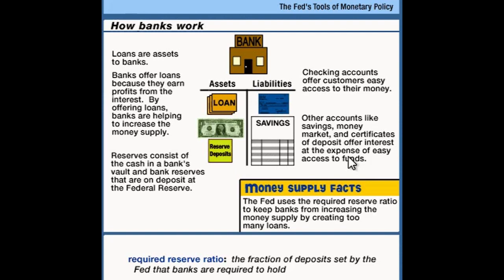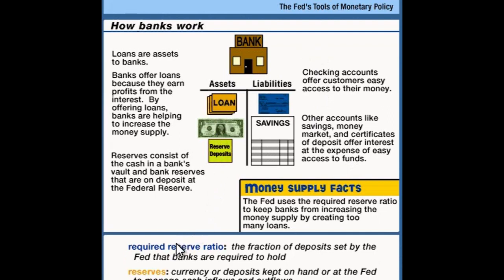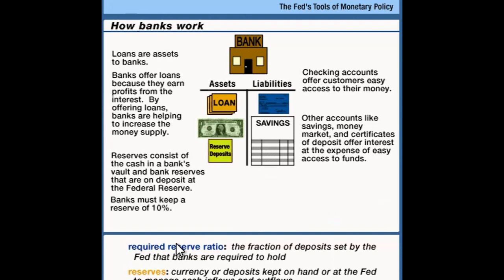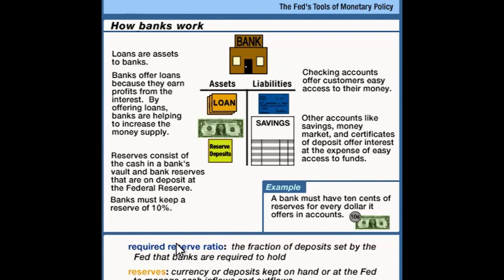So by law, the bank has to maintain a ratio of cash in the vault and deposits at the Fed, that is, legal reserves. They have to keep a ratio of reserves to checking accounts of no less than 10%. That is, for every dollar you issue as a bank in checking liabilities, you've got to have 10 cents either in cash in your vault or on deposit at the Fed. Now, this then puts a constraint on banks. If banks want to offer more checking accounts, if they want to create more loans, if banks want to make more money, they've got to have reserves to do it.